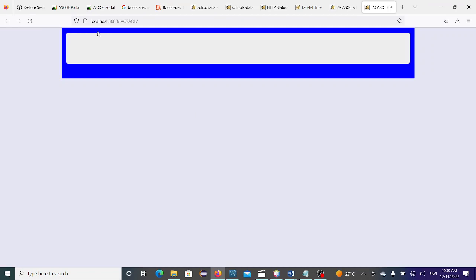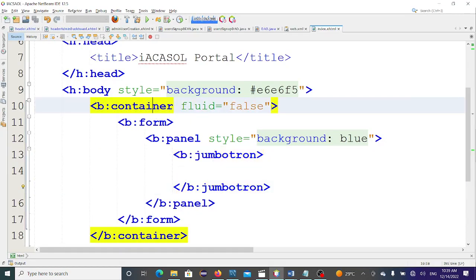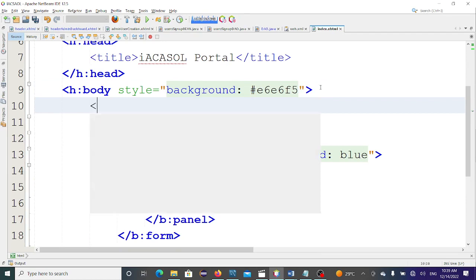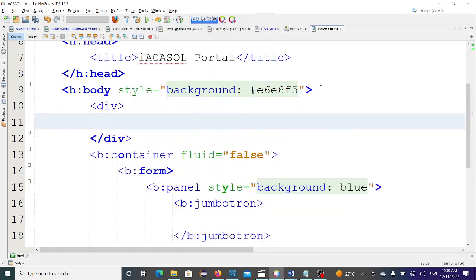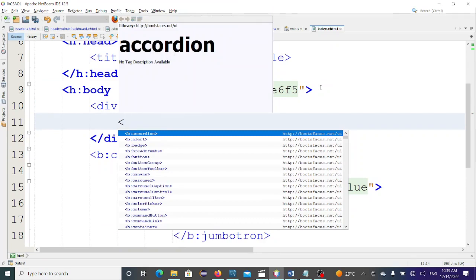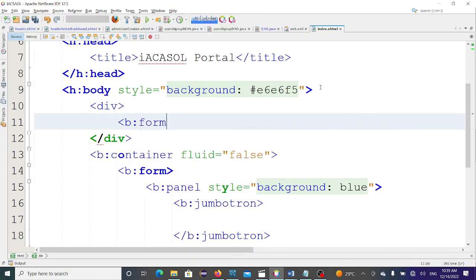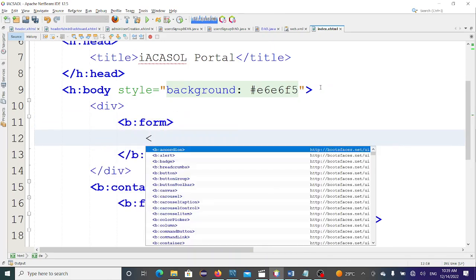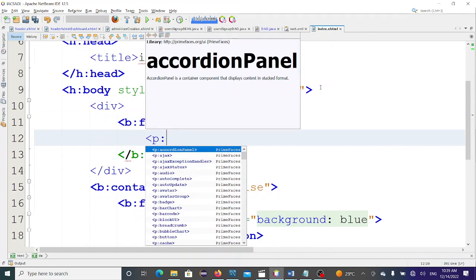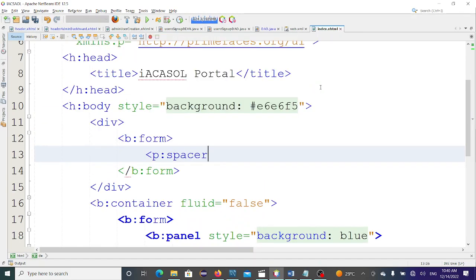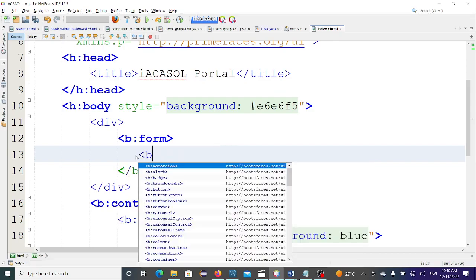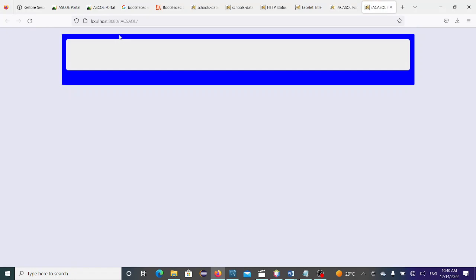So here I need a space, right, in between. So before the container, you come up with a div. Then within the div you give it a form, right? I want us to do the right thing here. Then within it you can use the spacer or BR, whichever. If you want to use BR, you use BR. If it is BR, you just introduce BR like this. Can you see it has